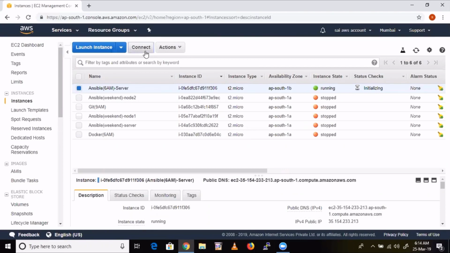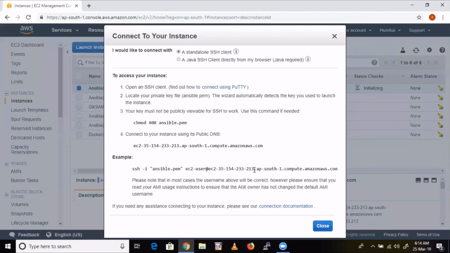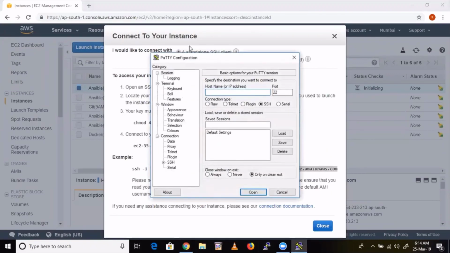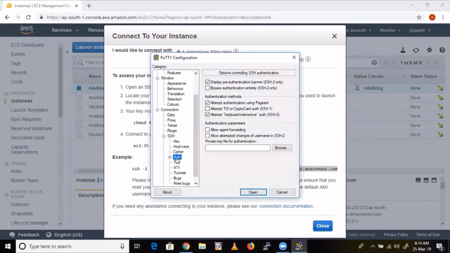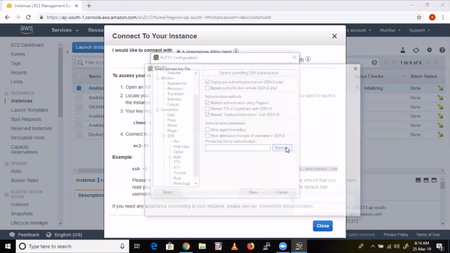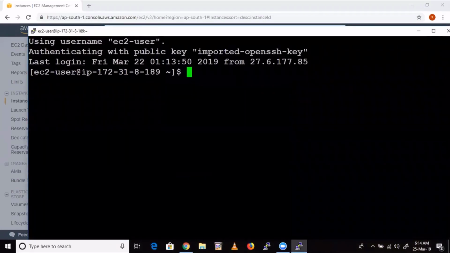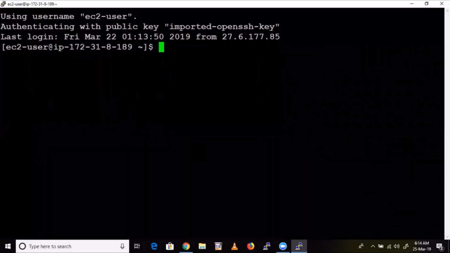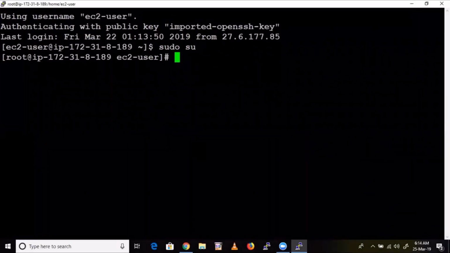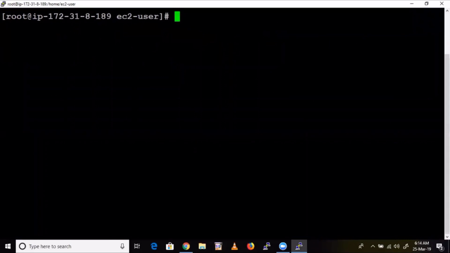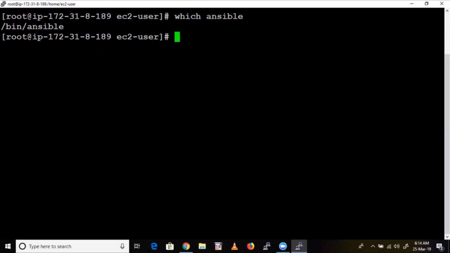Okay, let's go inside this machine. Sudo su. Oh, we have already installed Ansible.